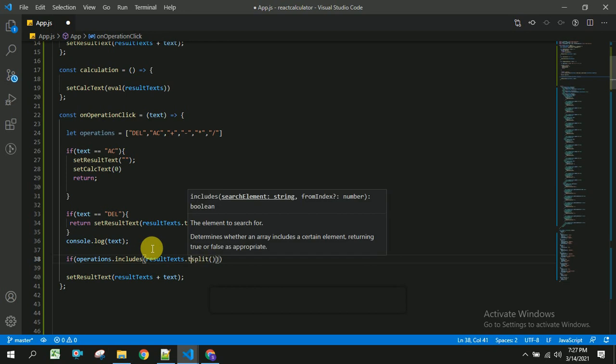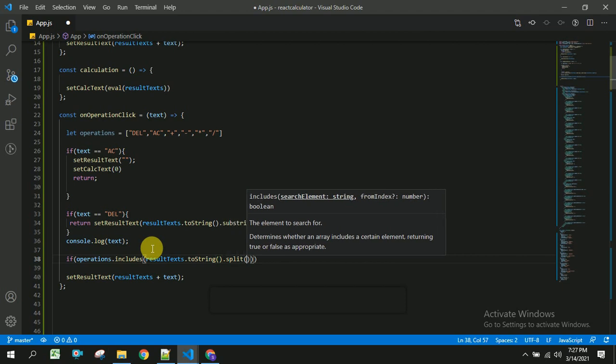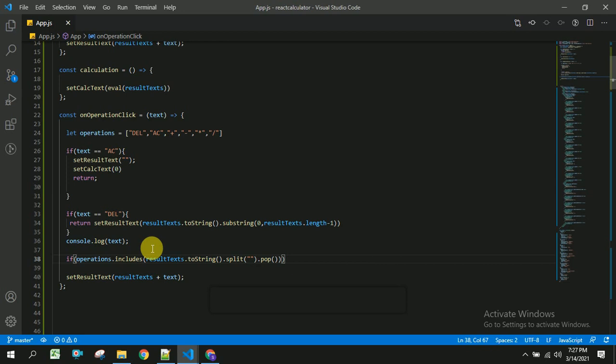If there is any numerical value, I am going to make it a string, and I am going to split this based on the empty value, and I am going to get the last value by using this pop. If the last value is in the operations, then I am going to return from this function. That's it. Let us save this.